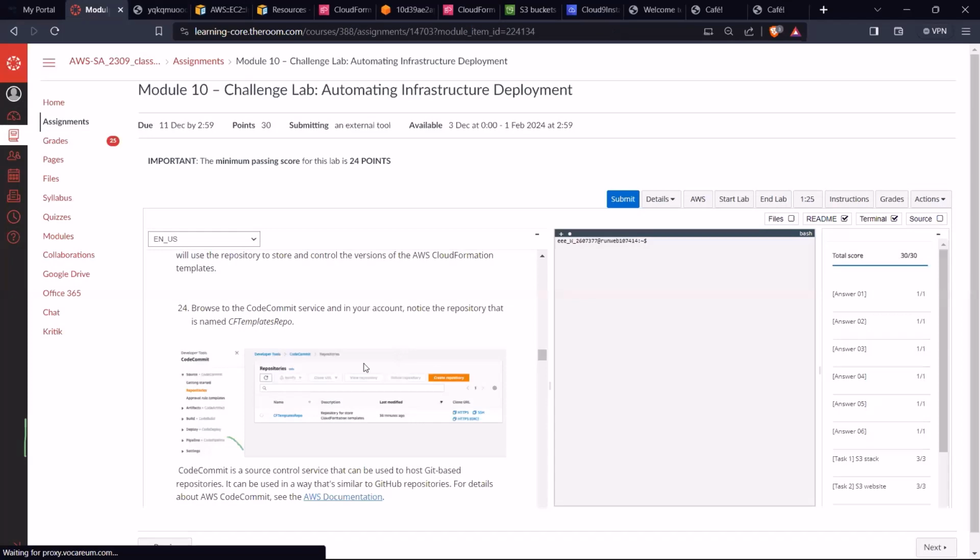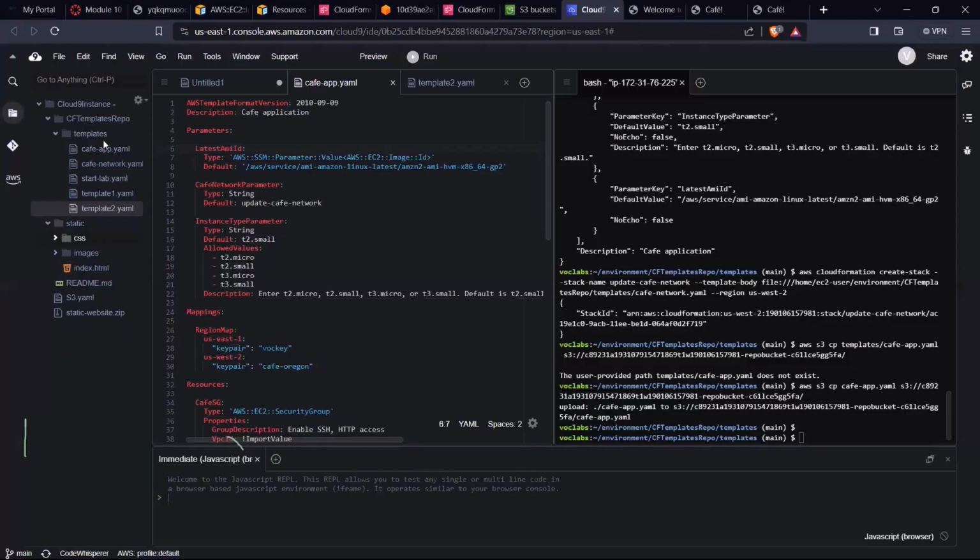So immediately you clone it and you upload, first just do it as I did. First upload the cafe network file. You do your git add, git commit, and then the git push. When it is done, you come and then upload your cafe app. The same thing. You do your git add, your git commit, and then your git push. You are done. And then you go to duplicating